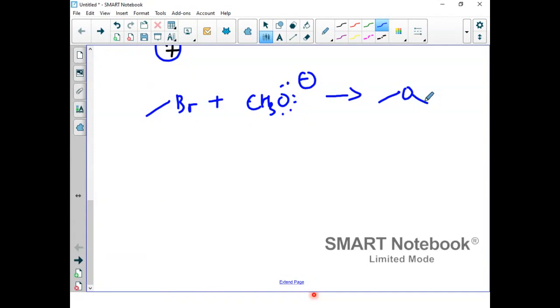Okay, please. SN1. Okay. What is SN1? It involves what kind of key intermediate? Carbocation. Okay. But if it were SN1, this must come from here, right? It will be a methyl carbocation. So is it reasonable for a methyl carbocation to serve as an intermediate? Yes or no? No, because